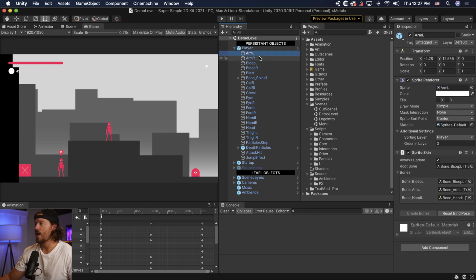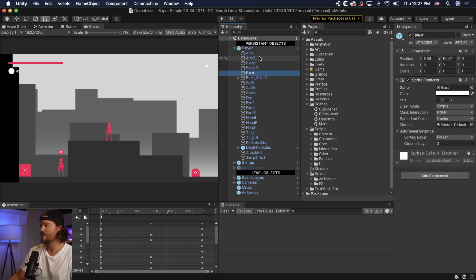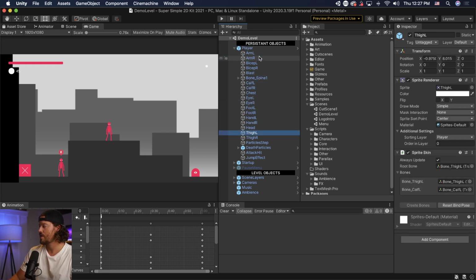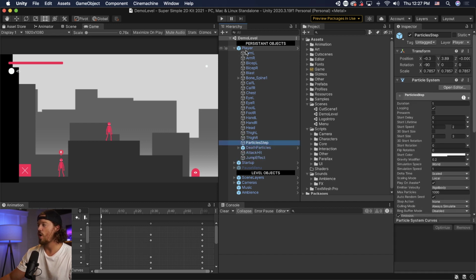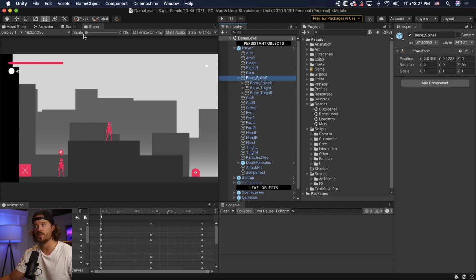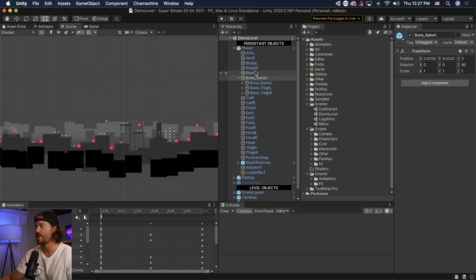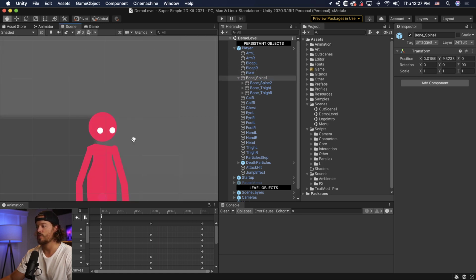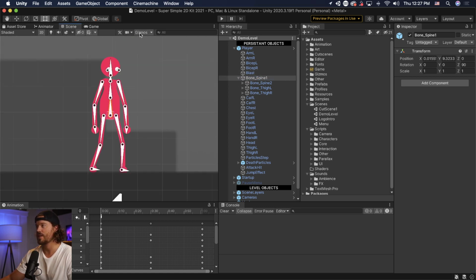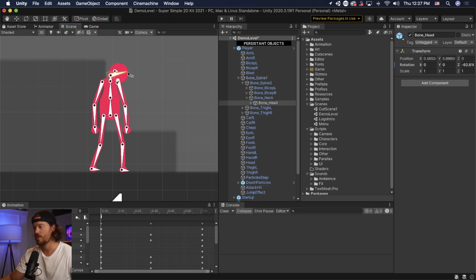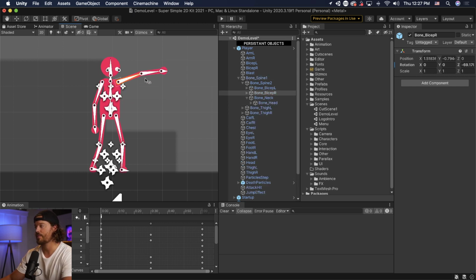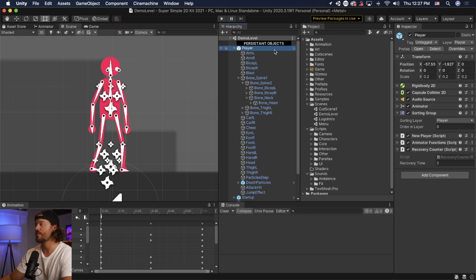Okay. And inside of it, we have these sprites here, right? And also the bones that allow us to animate the sprite. And I can show that to you really quick. So if we scroll up, there we go. Click gizmos. It's going to show the bones here, right? And this is cool because all this is actually just